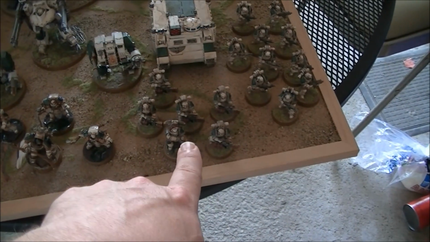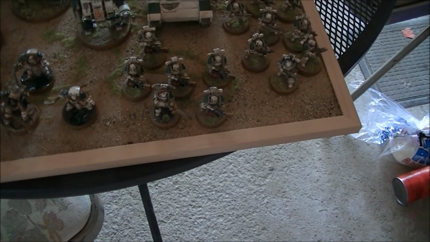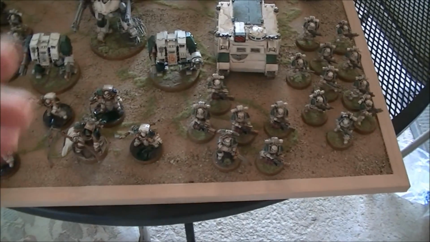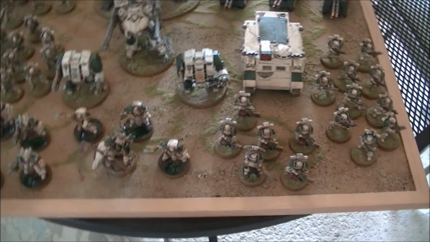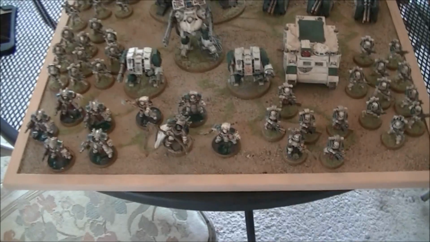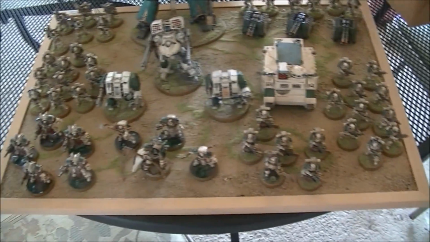I have a Praetor with the Paragon Blade. He's got Rad Grenades, and he also has the Barber and Thurible, which extends a 6-inch bubble away from him of -1 toughness for all my enemies, so it's going to be a lot easier for me to wound everybody. As far as troop choices, I have 2 minimum 10-man tactical squads with the